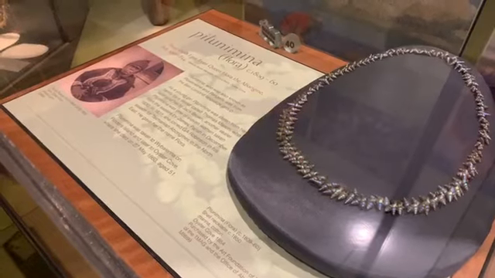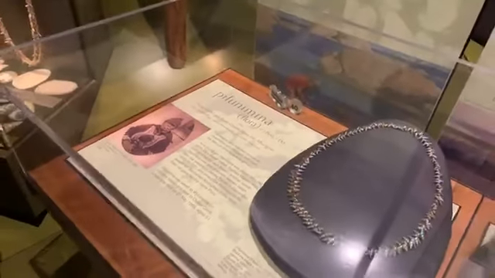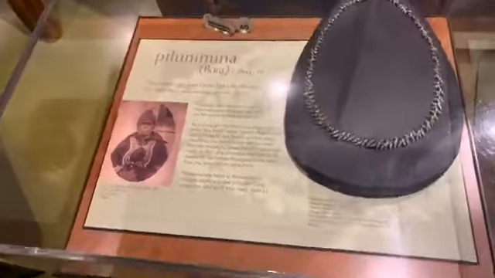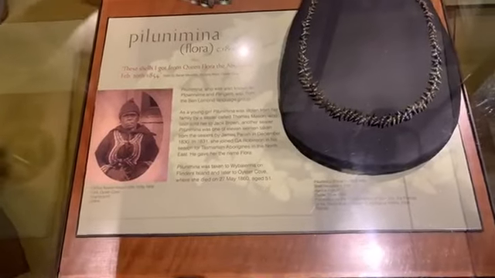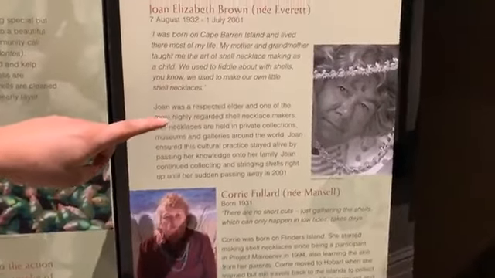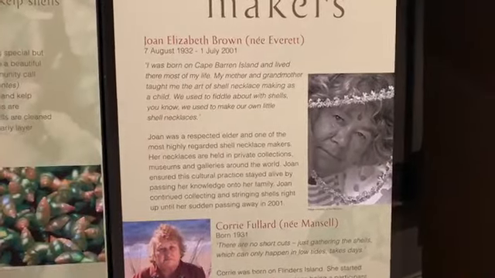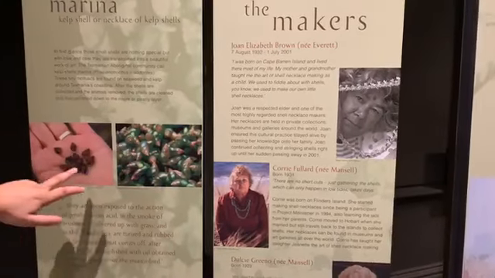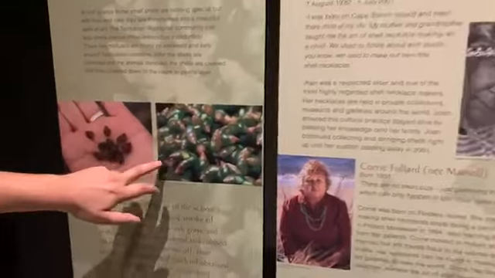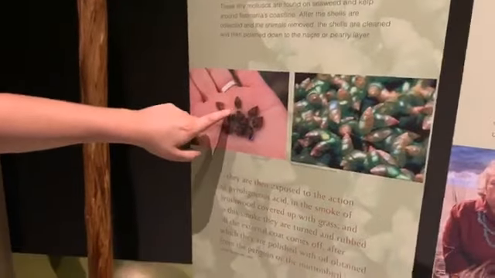And my grandmother was a shell necklace maker. So when I was a little boy, I can remember going out and gathering shells with her. And she's actually up here, right here. It's my granny, that is. I can remember going out and gathering shells with her when I was a little boy. And the amazing process that happens, as you can see here, is it goes from the brown to this beautiful, iridescent green.